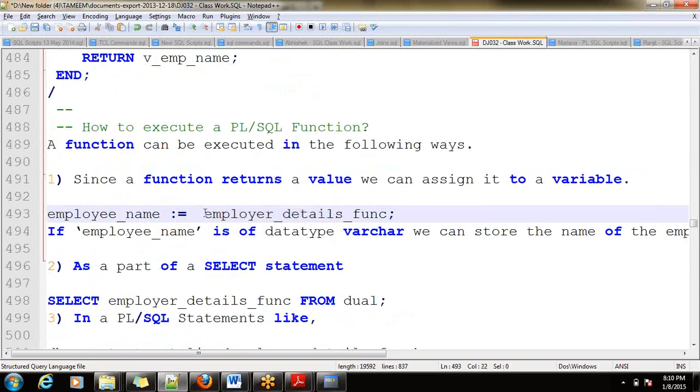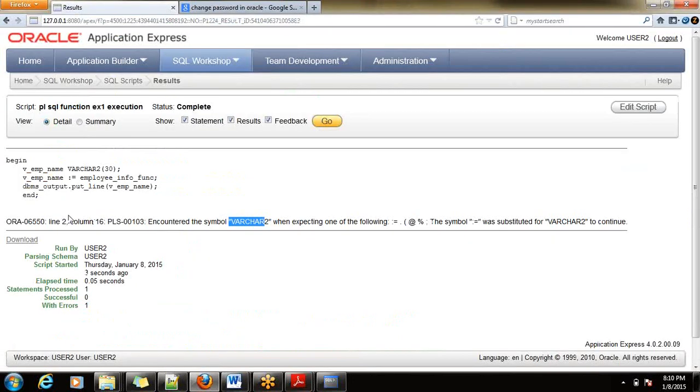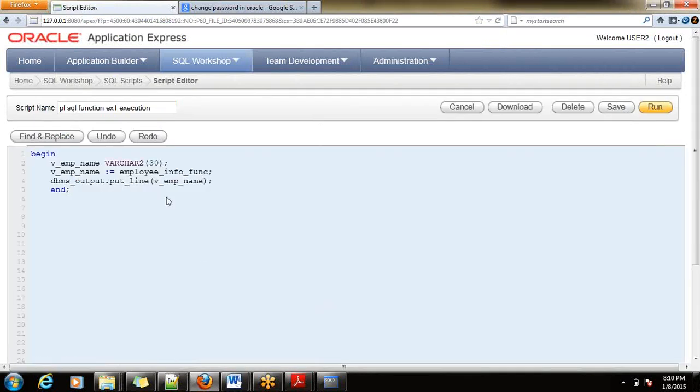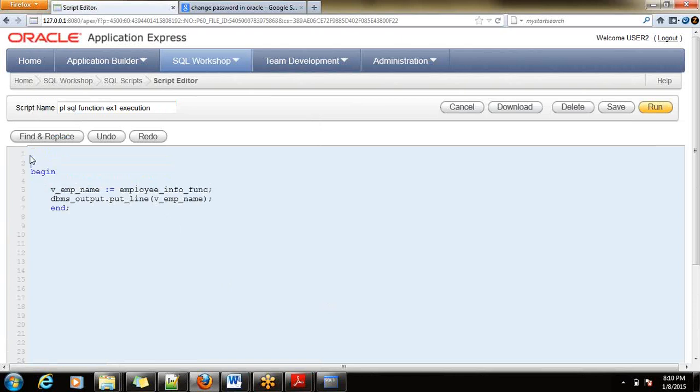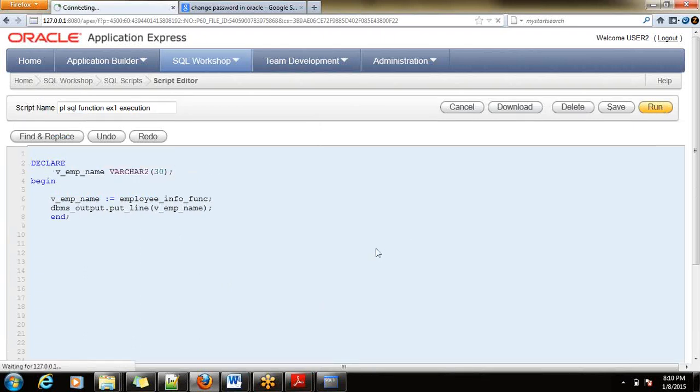It has to work actually. I am editing the script and cutting this to the same thing. I am adding a declare block. Yes, let me try this.